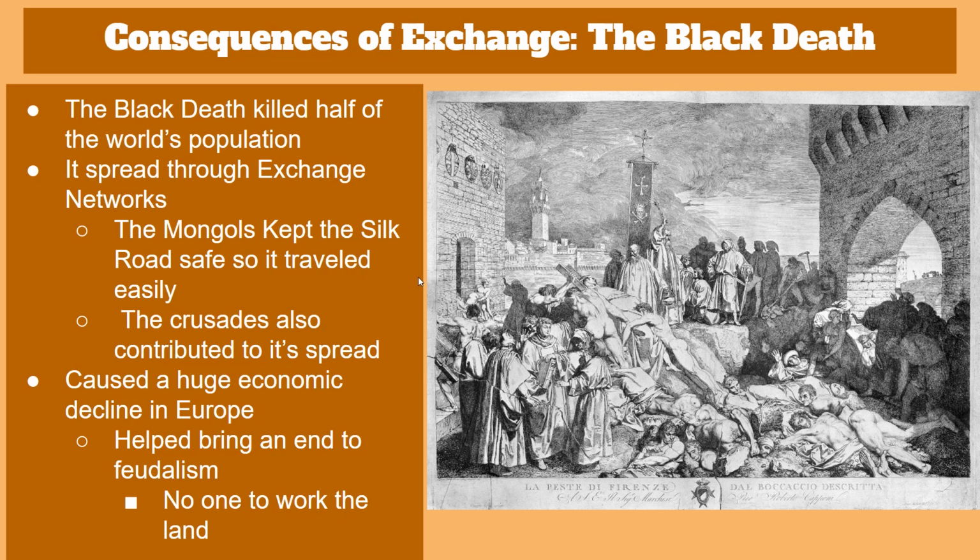The Black Death pretty much affected Europe the worst. It completely ended feudalism because the workforce had been killed. Nearly half the population was killed off by the Black Death. Some other things that you might hear about it is that not only was it spread through traders, but also through rats or insects that spread or flew across the Silk Road.